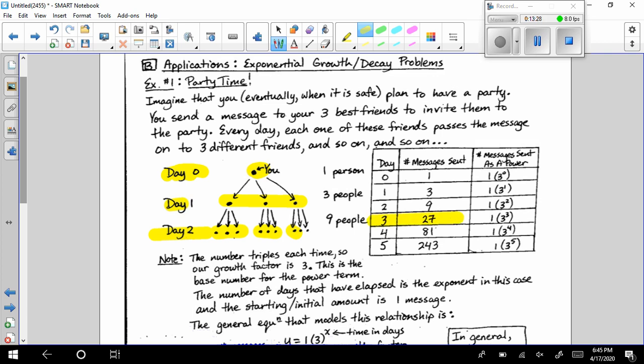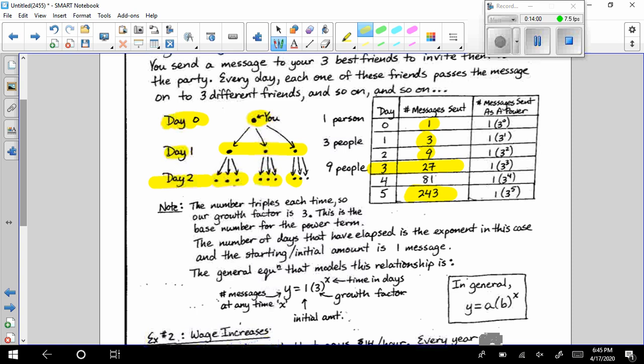I have compiled this in a bit of a chart here. So day 0, there's your original message, your best friends on day 1. They passed it along to their friends. By the time we get to day 5, there's 243 messages that were sent. Kind of crazy, kind of impossible. I don't know. You might have heard stories of parties that have gone wild. At any rate,